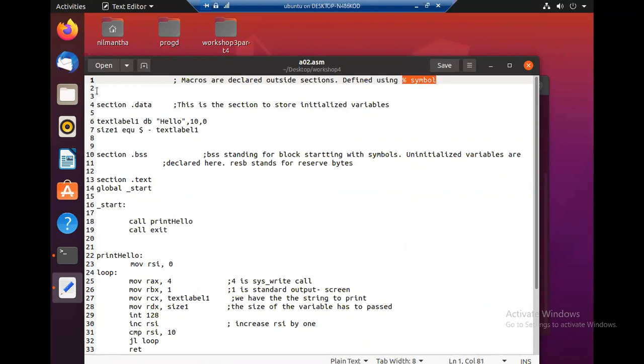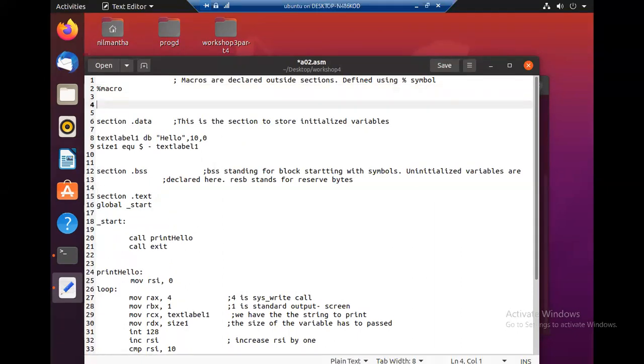It is directing. That is the meaning of % symbol. So any macro begins with the keyword macro and terminate with the keyword end macro.